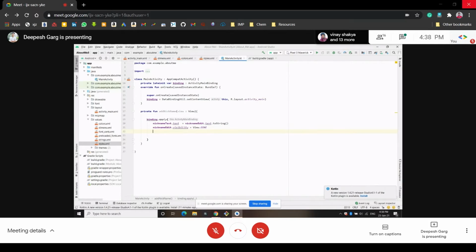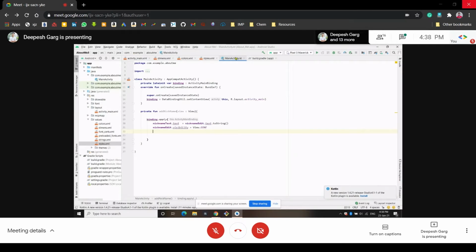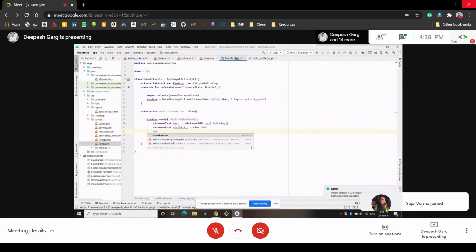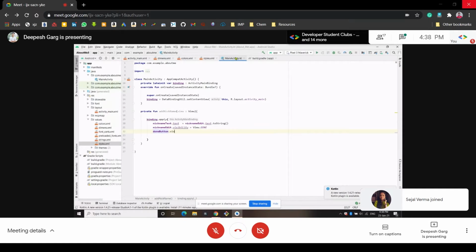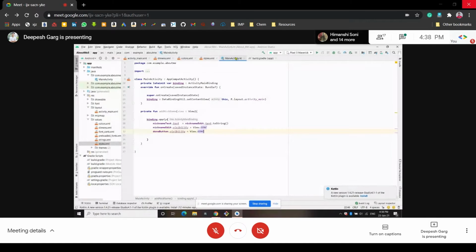Now we also want the done button's visibility to be gone. The done button is defined as done, so let's also vanish this. So done button dot visibility is equal to view dot gone. Yeah, so the visibility of the done button is also gone. And we want the hidden text view to be visible now, because we have vanished the editable text view and transferred its text to the hidden view.